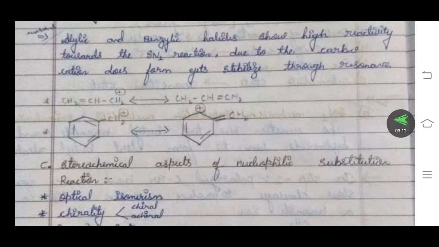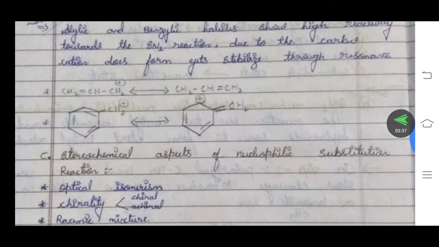See the example, CH2=CH-CH2 positive, so this is undergoing resonance. So CH2-CH=CH2. Small mistake there: put the positive charge on the right side CH2. So CH2 positive, single bond CH, double bond CH2. That is the shift: the double bond shifts from the double bond to the single bond, and the positive charge shifts from the right side terminal carbon to the left side terminal carbon.